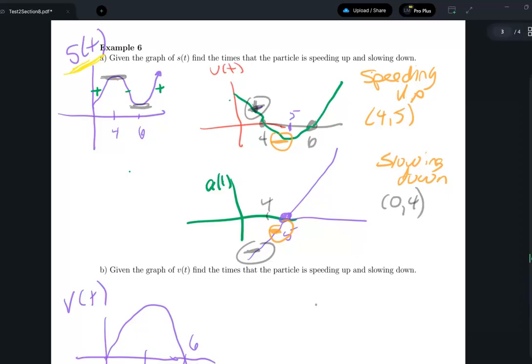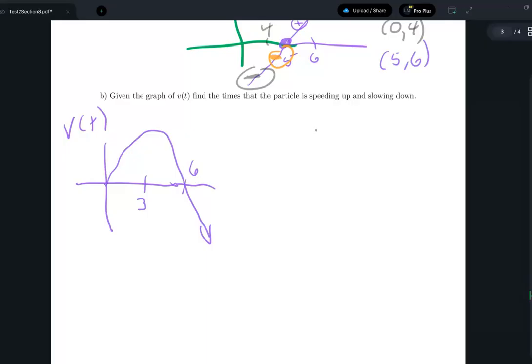Then if we look at between 5 and 6, this is below the x-axis. Between 5 and 6, it's above the x-axis. So between 5 and 6, it's slowing down. And then if I'm looking at after 6, it's above the x-axis, it's above the x-axis, so 6 to infinity, it's speeding up. So making sure, just one more time, making sure you really know you need the velocity and